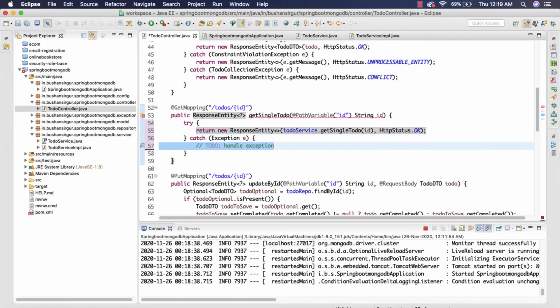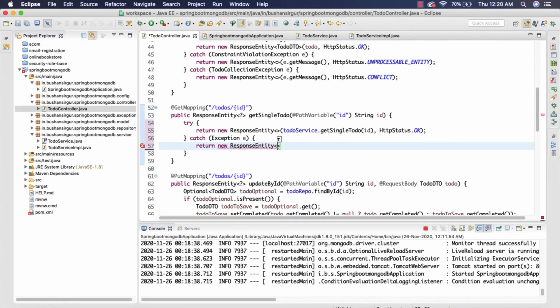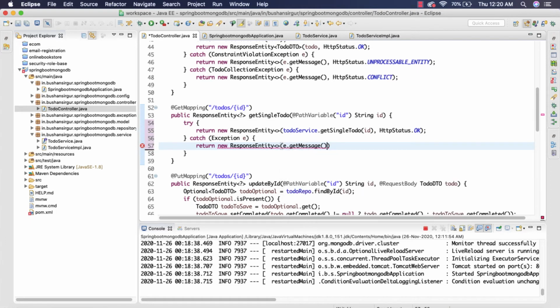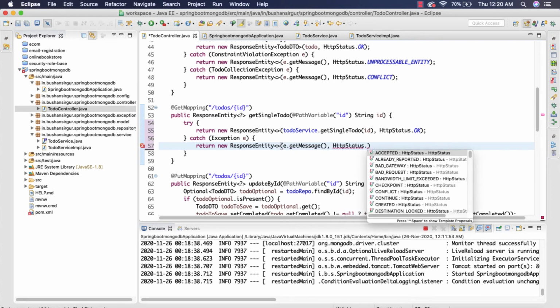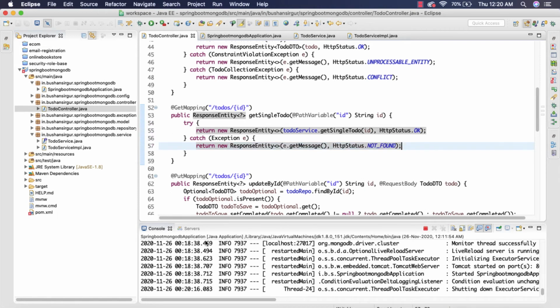If something goes wrong, we're going to catch that exception, and we're going to return new ResponseEntity, and we're going to print a message, getMessage, and the HTTP status NOT_FOUND. Let's save this. So now we have refactored the get mapping, which is responsible for retrieving a single document.